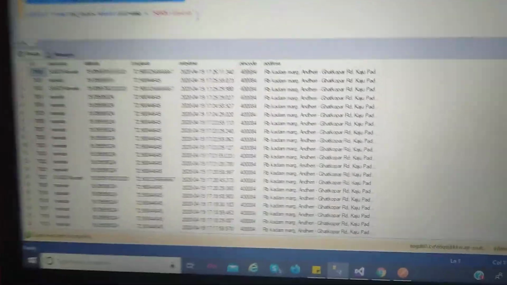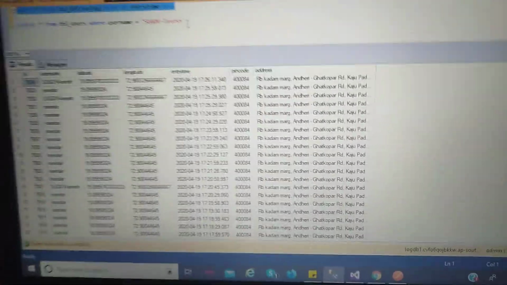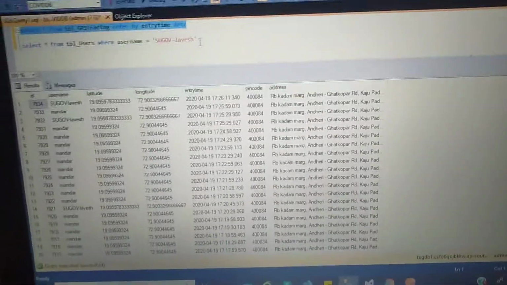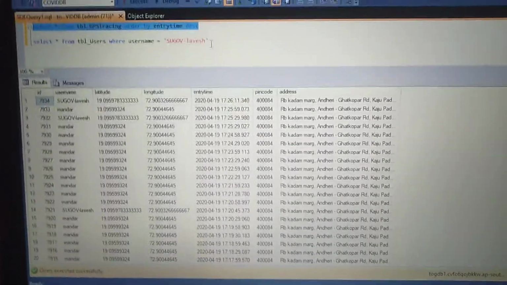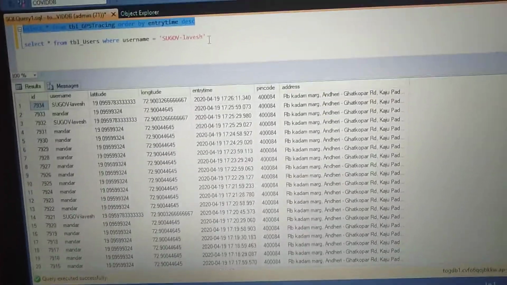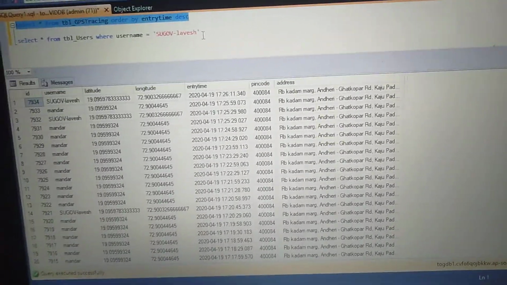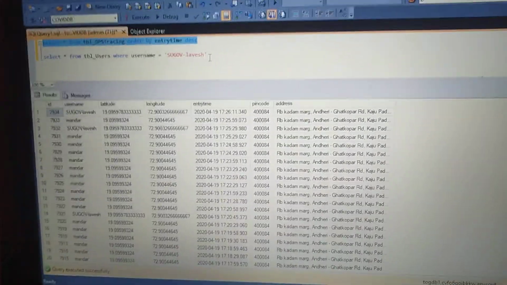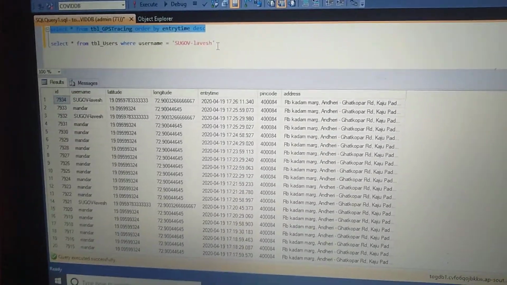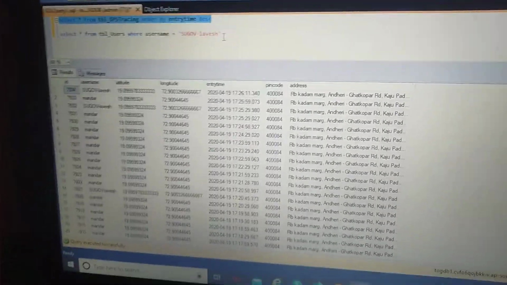So this is the dashboard. Also, what I'm going to show, let's consider the quarantined person has gone out of his house, and there is an admin. So I will now show you what is going to happen. We just put Mandar as negative, and also he should be in quarantine.